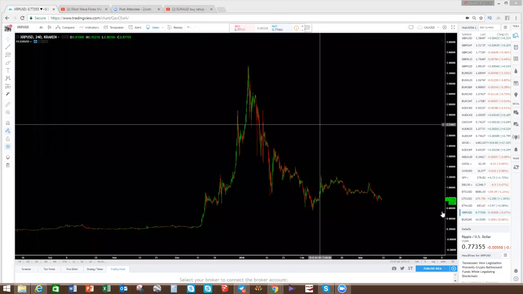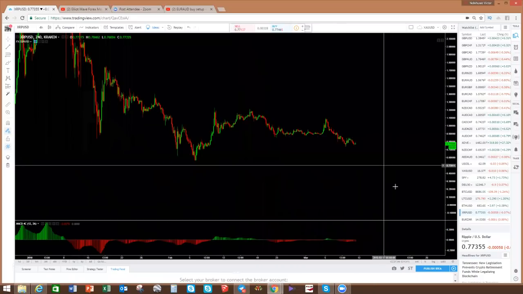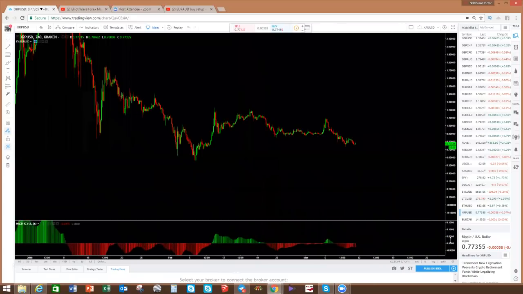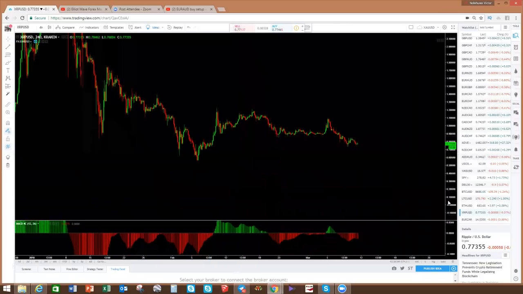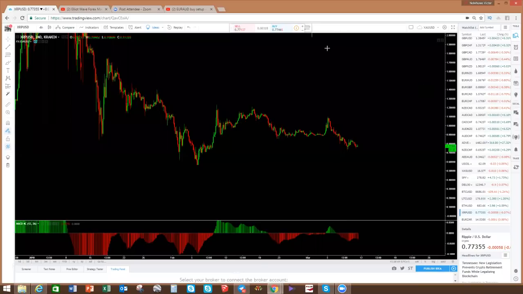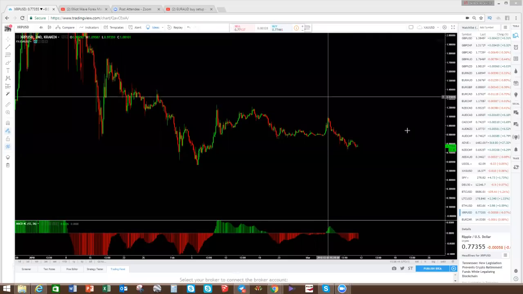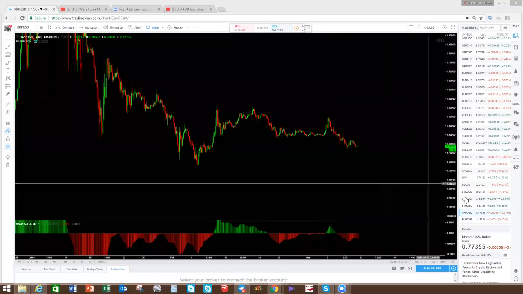So what are we looking at here on Ripple? You're getting divergence on the MACD, so it looks like a buy setup at this stage, possibly to come retest that level. Okay, so that's what we're looking at. All right, so let's do